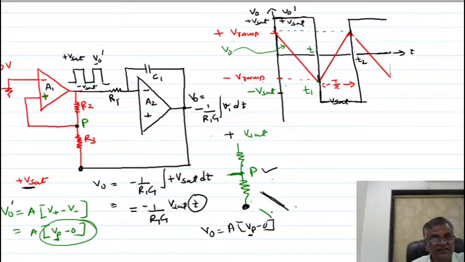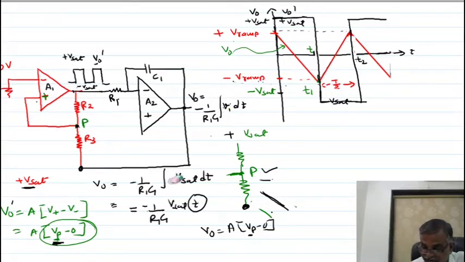So this potential changes and becomes slightly less than 0. Immediately the output will be negative, as you know from the comparator. So the output is negative, this is a minus sign. At the time t equal to t1, when this gets minus Vref voltage, this potential is slightly below 0, so the output will be negative.